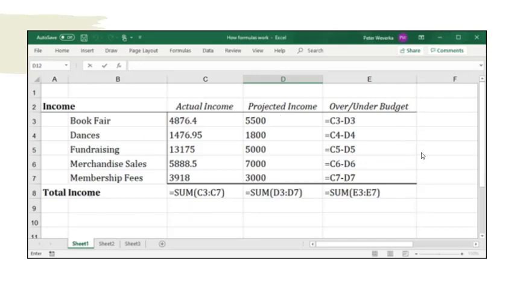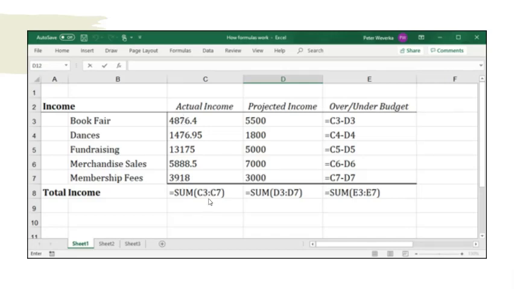This is one of the sheets over here. You will notice that now over here we want to put total income. So what I have done is, you start with the equal sign and you put SUM. SUM means that I want to add up all these columns, and when you want to give a range of rows, from C3 to C7,